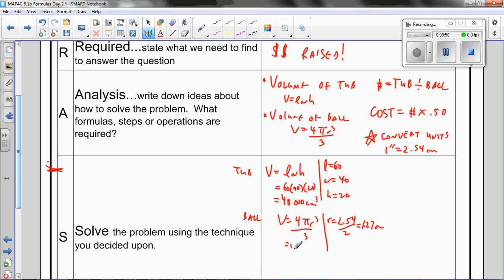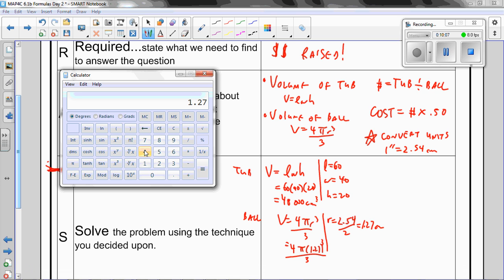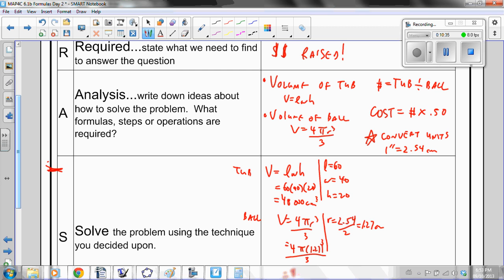And then I pound that into a calculator, and I'm going to have to do that too because my notes are incorrect. 27 cubed over 3. Careful on your calculator. 4 times pi times 1.27, and I've got a cube button, so I hit cubed, and that just does the cube of 1.27, and then I divide by 3. That's the volume of a sphere, and I get 8.58,